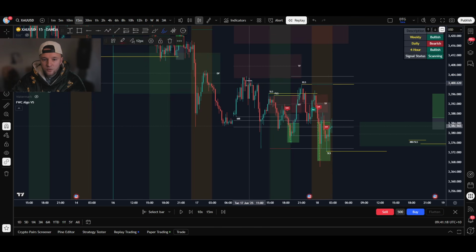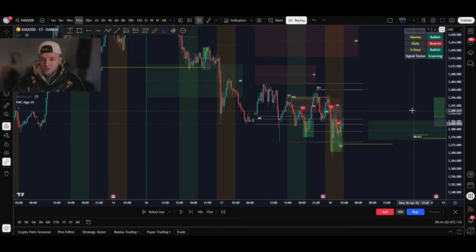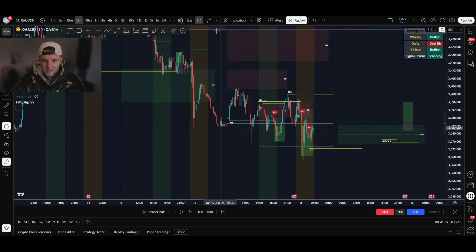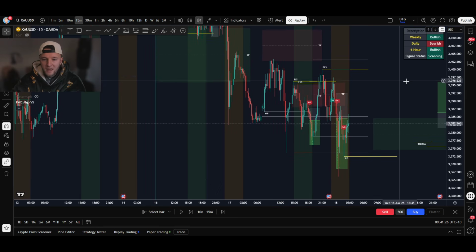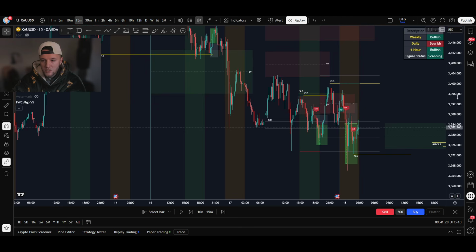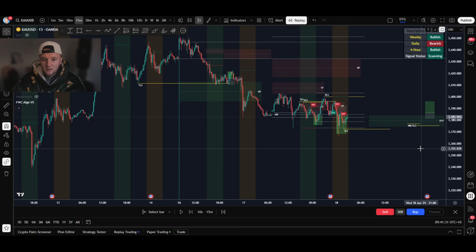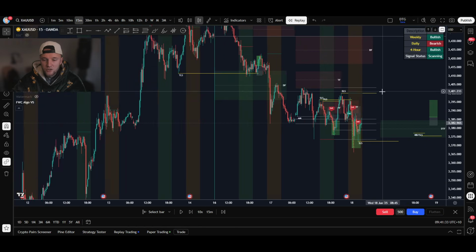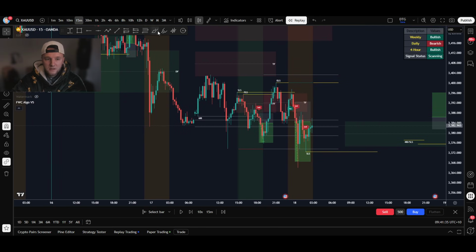We see 1, 2, 3, 4 rejections off the TF zone. This is bearish, it's red, as you can see. So we're looking at sales once we bounce from this level during our trading window. So we already built bearish direction based on candle closures and market structure. We then built confluence with key levels being tapped, and also